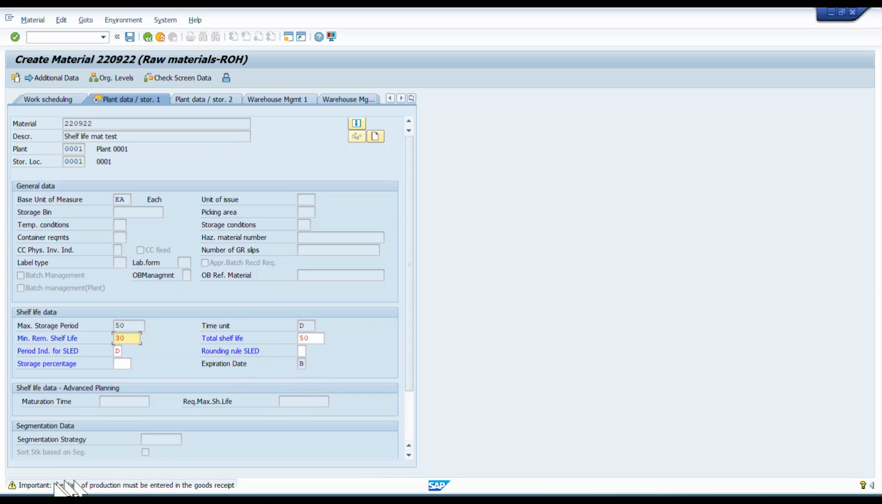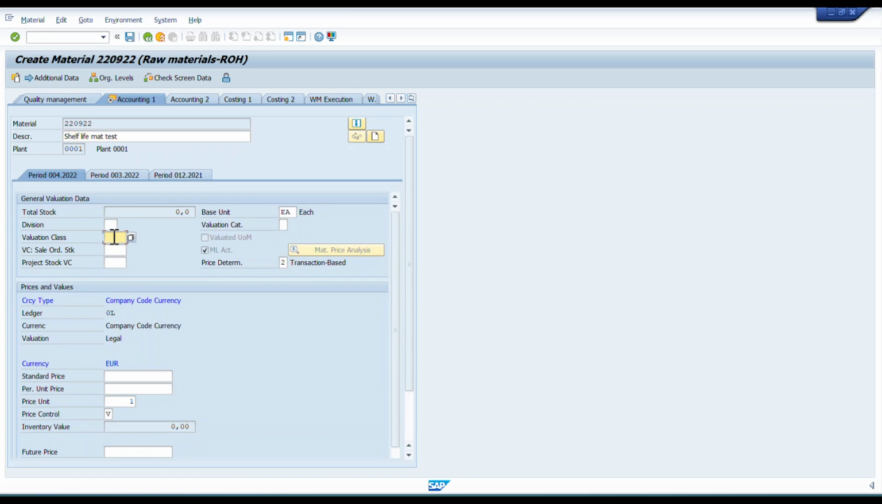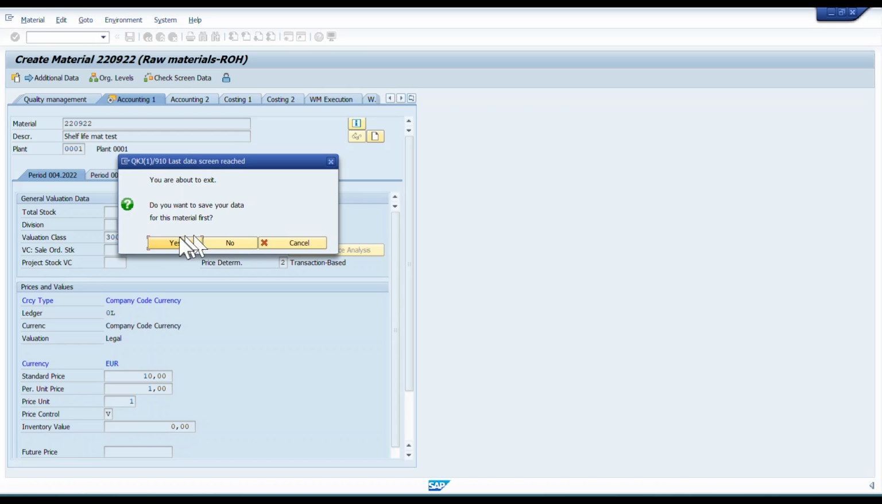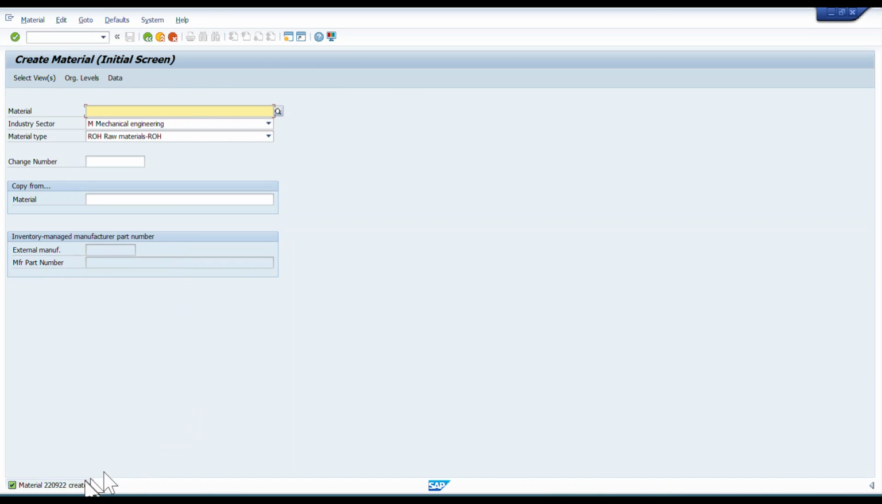It's giving me a warning that the date of production must be entered in goods receipt. So after providing this data, the system gives me a warning message that we should provide the production date at the time of goods receipt in order to check the remaining shelf life of that product. Press enter, provide the rest of the details as in the standard procedure of creating material master, and save this material. So I have created this material number 220922. Okay,